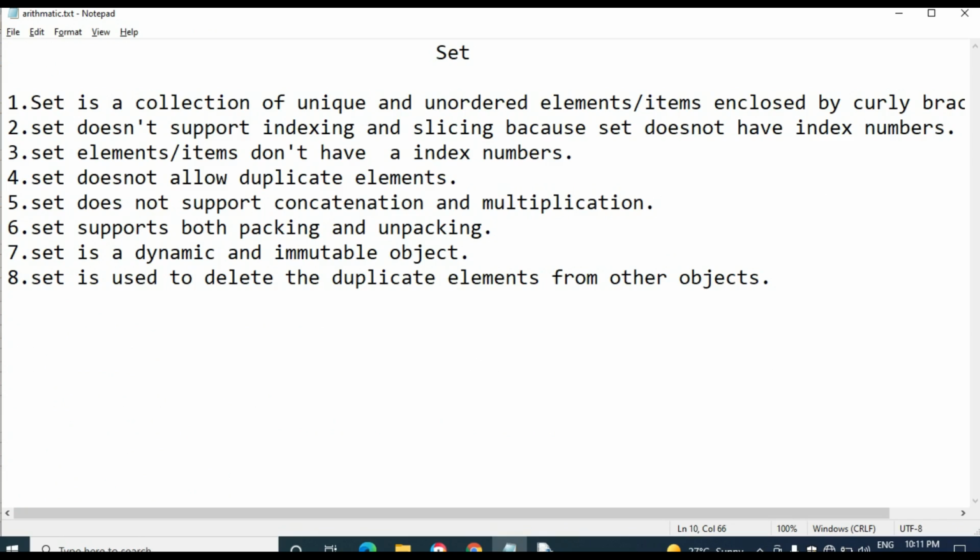See, it does not support the duplicate elements. So by using the set, we can delete the duplicate elements.